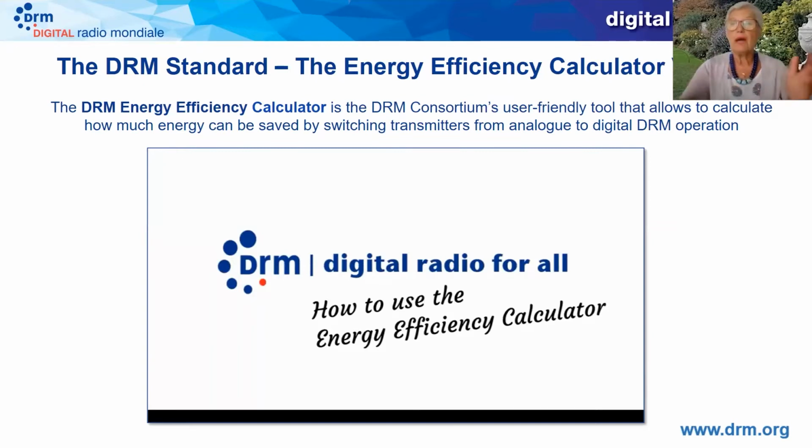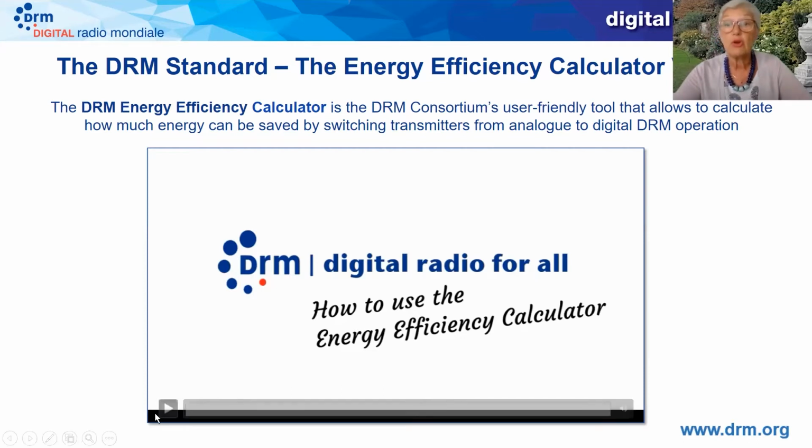Great advantage. Now, a lot of people say energy savings, how much? How much is it? And we have created the energy efficiency calculator, which is a tool created by the DRM Consortium, which you can have access and you can calculate exactly how much you save on your particular transmitter. And it doesn't apply just to AM, but also to FM. And I have a little video to explain it, or one of my colleagues, Simon Keynes from Ampegon, will explain